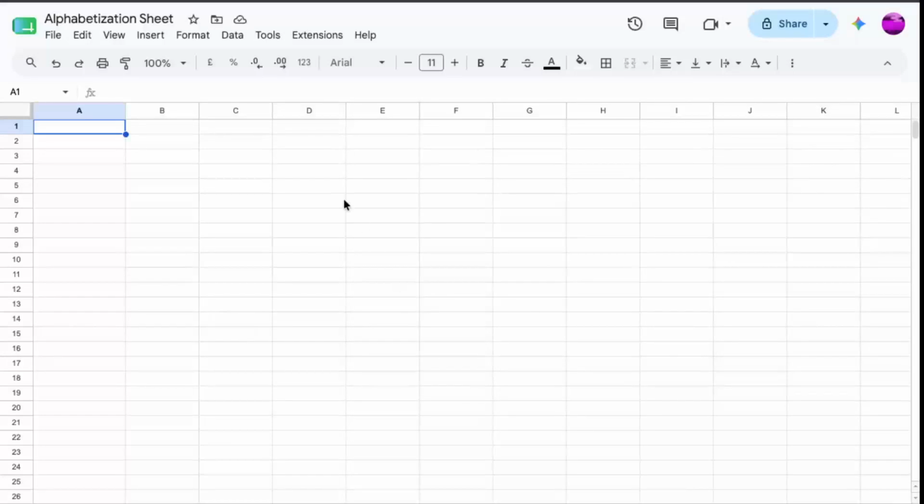In today's video, I'm going to teach you how to hide and unhide columns in Google Sheets. This is a simple but very useful skill, especially if you want to keep your spreadsheet clean, reduce distractions, or temporarily hide information you don't need to look at right now. Hiding a column does not delete any data, so it's a safe way to organize your sheet while keeping everything